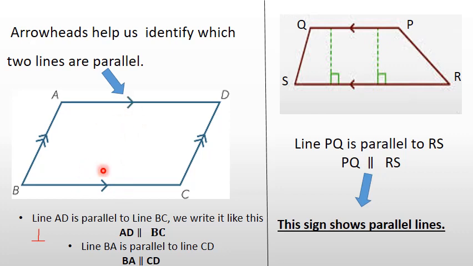I know that this line and this line are parallel, so I'll make the same arrowheads with them. And I know that this line and this line are parallel, so I'll make double arrowheads with them. So in this way I can easily distinguish which two lines are parallel. It won't confuse me into making this line and this line parallel, because they are not. So just to distinguish them, I'll make one arrowhead with these two lines which are parallel, and I'll make double arrowheads with these two lines to indicate that these two lines are parallel.